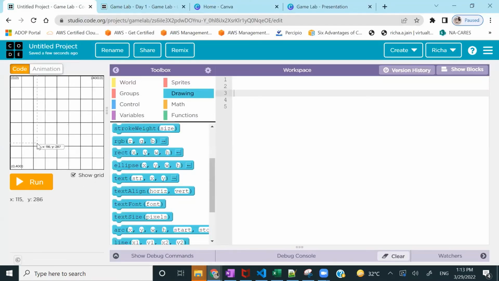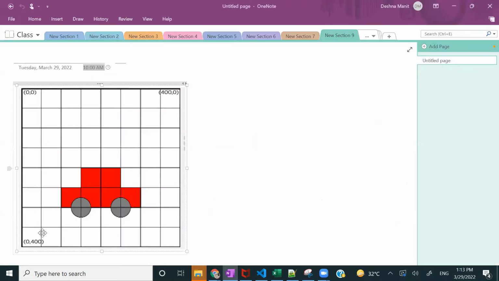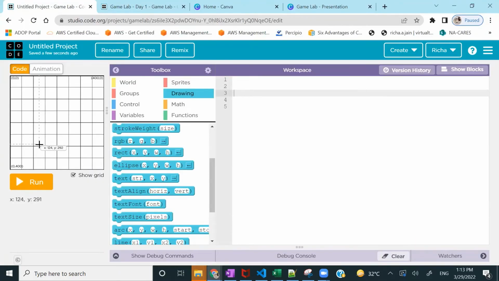First, I need to figure out the coordinate. This is actually 1, 2, 3, 4, and 3 and 3. Here in this square, I want my first square to be created. You can point your mouse exactly here and you will be able to judge the topmost location. As you can see, it is 99, 250, but it is actually 100 and 250. Okay. So we can write to create a rectangle at 100 and 250 position.